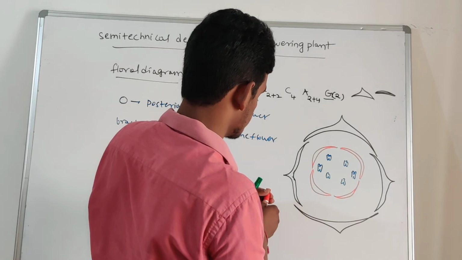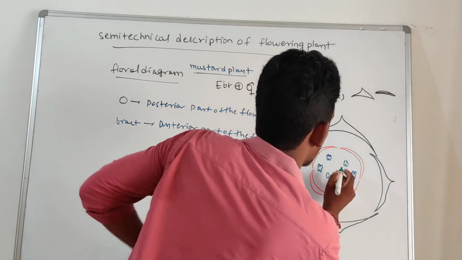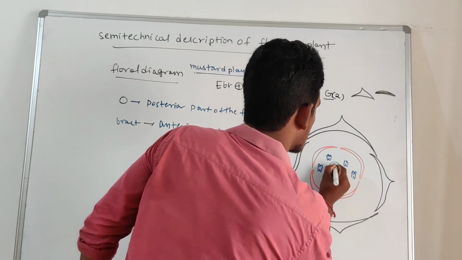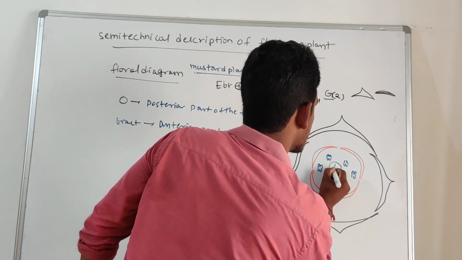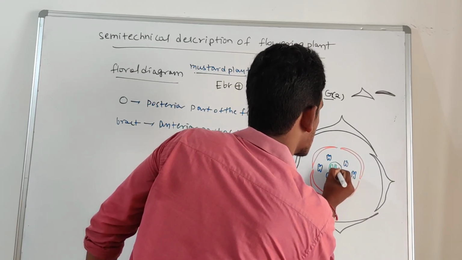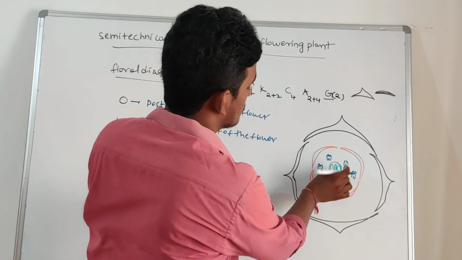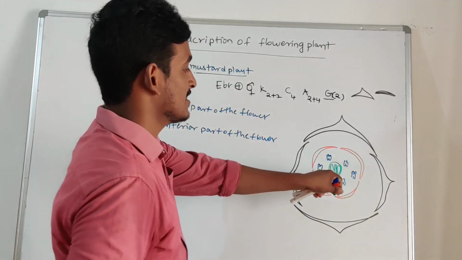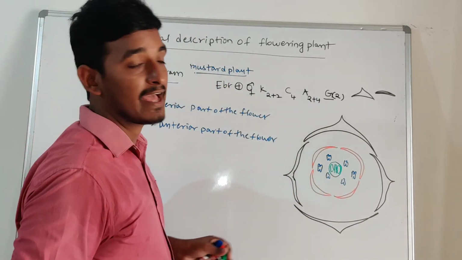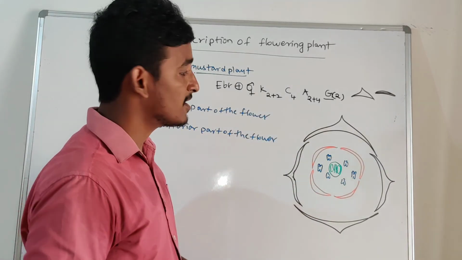So here the gynoecium. How many carpels are present? 2 in number. Right? So those are fused, that's why both carpels are present inside this gynoecium. Right? So 2 in number. So it is the way of representing the floral diagram. So easily we can know the floral diagram with the help of a floral formula.